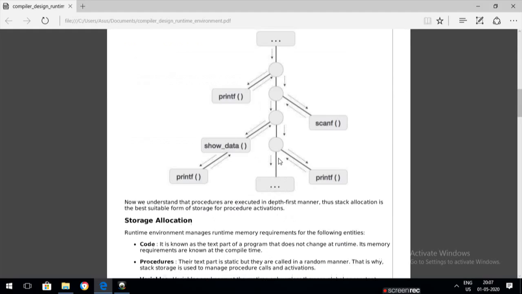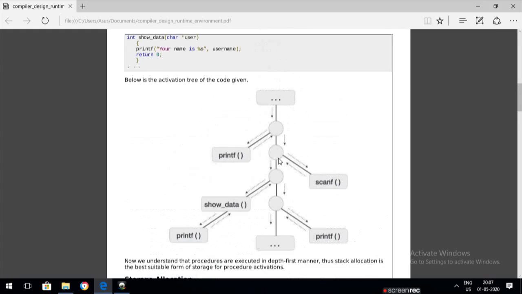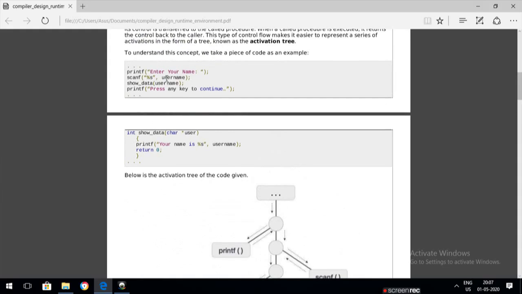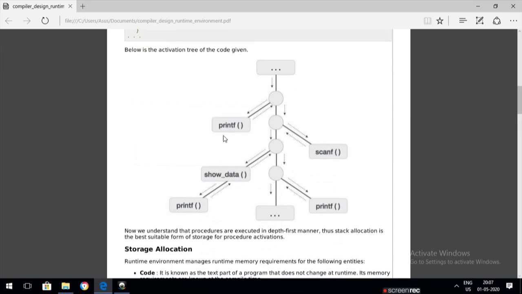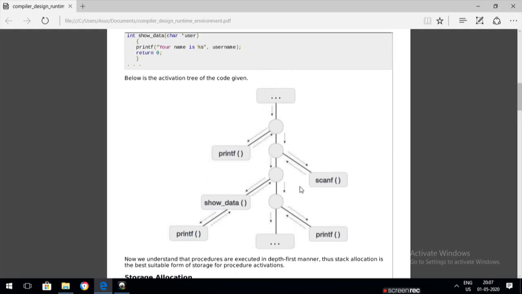I'll show an example. In this program itself, we have printf and scanf, I'll get your name, and a printf statement, and here I also have a user defined function. In this, printf and scanf have to be executed first. Inside the user defined function, a printf statement is also present. Which printf has to be executed is called the activation tree of the particular subroutine or procedures to be called.